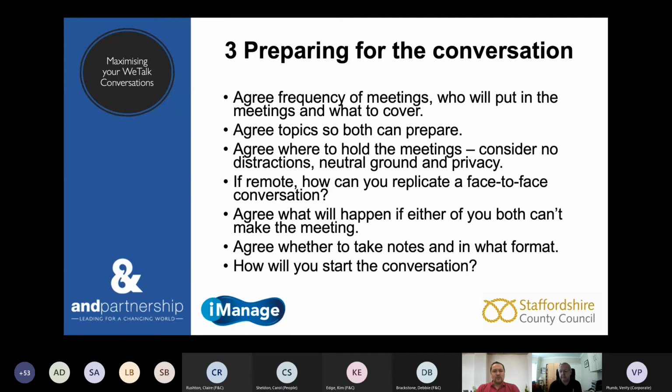And one that I think is a really important one as well is how will you start the conversation? Now, you're not always going to have that opportunity to do lots of preparation when it comes to conversations, because actually some of it, you want to be in the moment. You want it to be nipping it in the bud, if you like. But actually, if you can prepare, maybe write down a few lines, a few sentences on how you want to start that conversation. And I think that can really help.